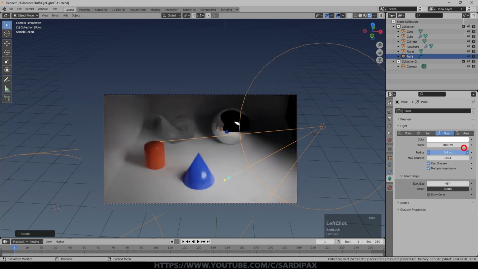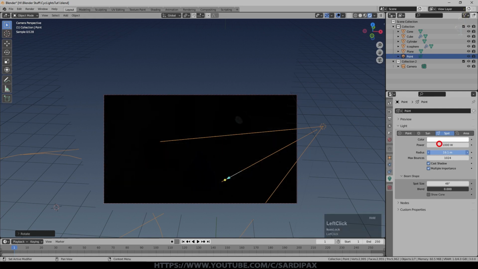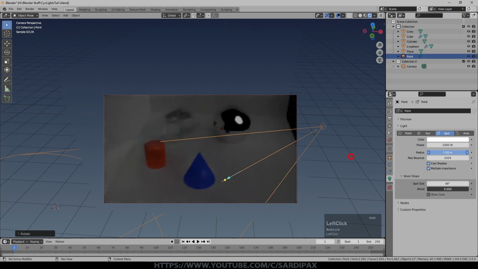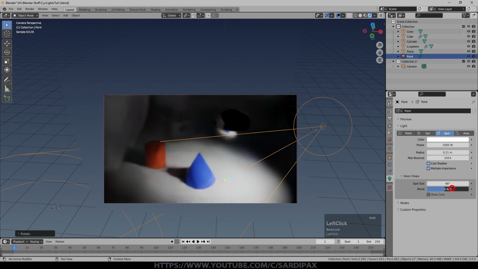So if I turn the radius up, well, I'll go to somewhere in between at the moment. Now we've got a soft line for transition and the shadows are soft. And obviously I can go up to quite a large size with that. Once you get beyond a certain point, it doesn't really make sense anymore. So even at 0.2, it's giving us relatively soft shadows. And then I can play with the blend to just simulate even softer falloff for the light on the edge.